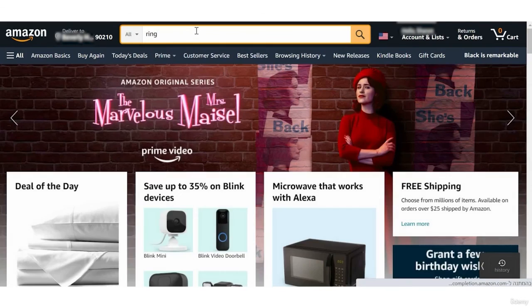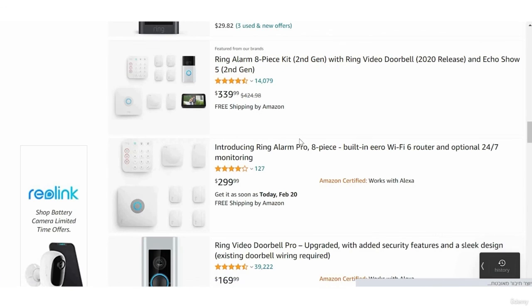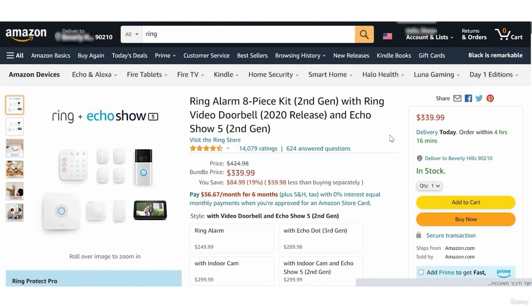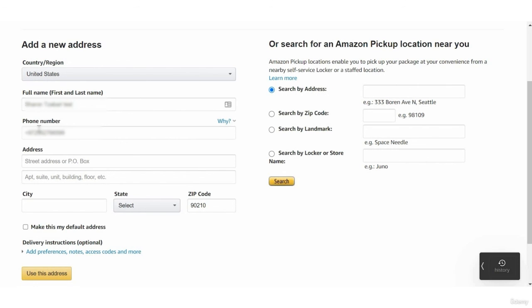So once you receive an order, you jump into Amazon and you search for it in the search bar. Once you find your product, you have to add it to your cart. Then once the item is added to your cart, over on the right side, you have to select Proceed to Checkout. And of course, just like every online shop, you have to add a new address with your country or region, full name, first and last, phone number, address, city, state, and zip code. And of course, if you're dropshipping this item, the address will be filled out from your buyer's address